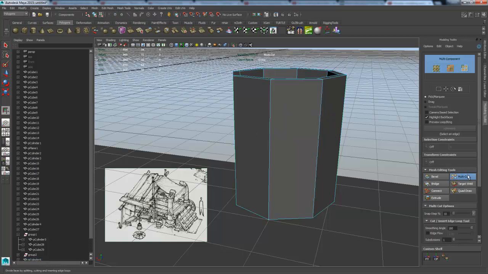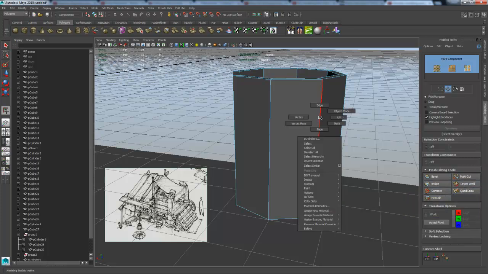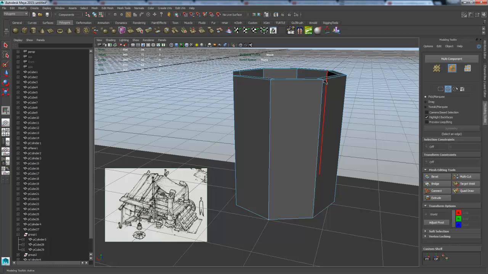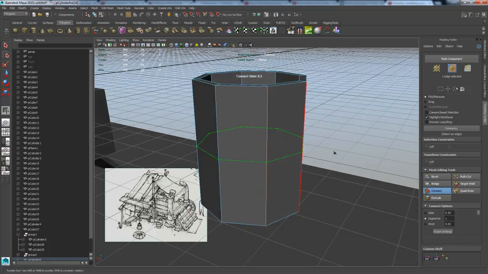So I'm going to go to the multi-cut tool, or rather let's jump to another tool, something like the connect tool. It's great for if you want to do multiple splits that are equally apart, distance apart. So if you select one of the edges that you want to split, you can click on the connect tool, and it's going to find its own path around the model, and then all you have to do is change the number of sections. So currently it's set to sections. You can see it's dented. And then I'm going to left click and drag,